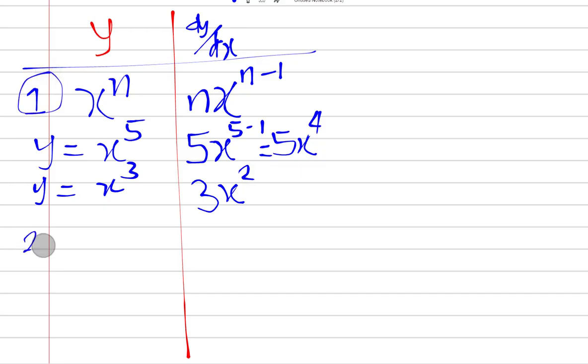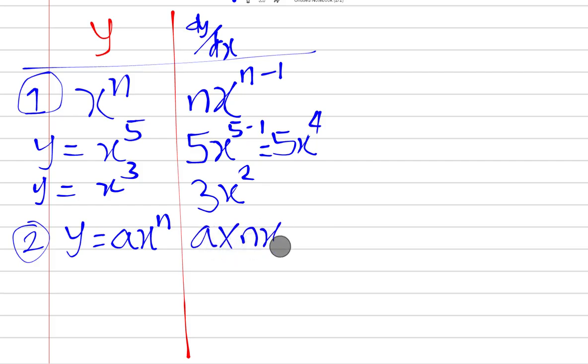Now the number 2 rule says that if I now have y equal to ax raised to power n, it will be the same thing as a multiplied by n x raised to power n minus 1. That means if I have like y equal to